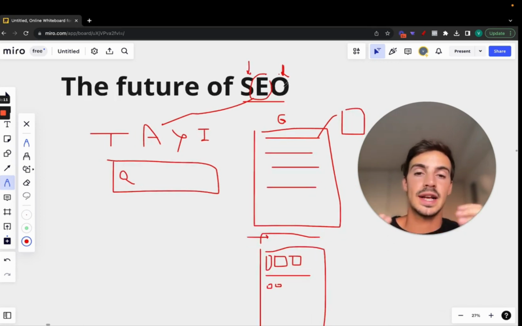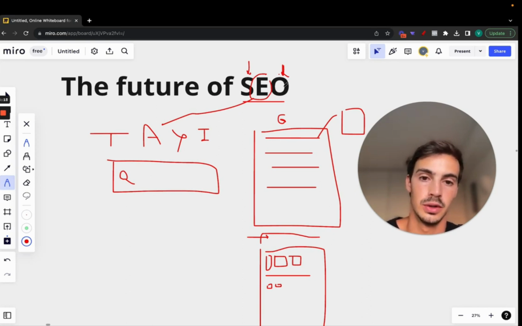So what I see the future of SEO looking like is you no longer can just do SEO for Google, right? For the quote unquote main search engine, because there's a bunch of search engines, right? Google is no longer the only search engine out there. So just like, for example, if you have an ads agency, you might test Facebook ads, Instagram ads, Pinterest ads, Reddit ads, Twitter ads.